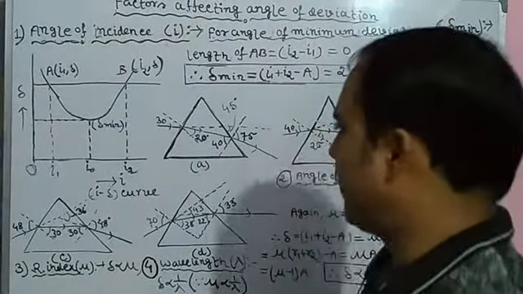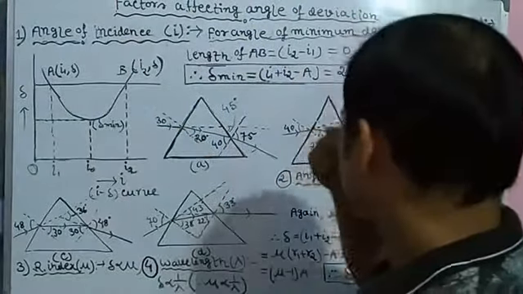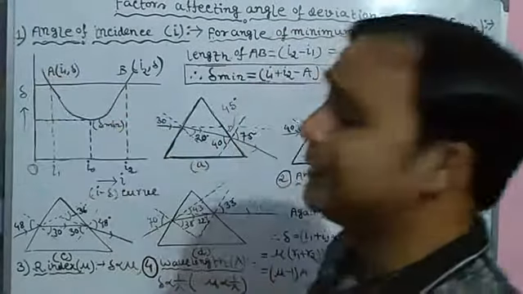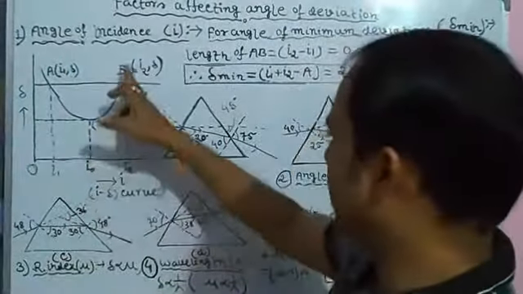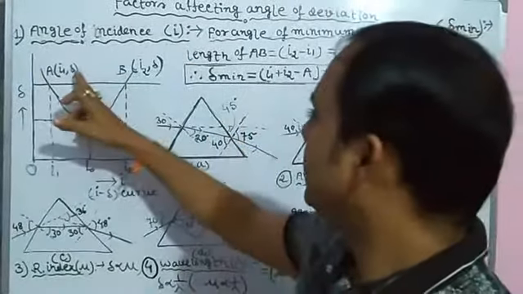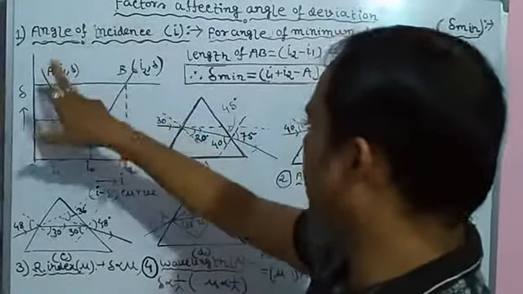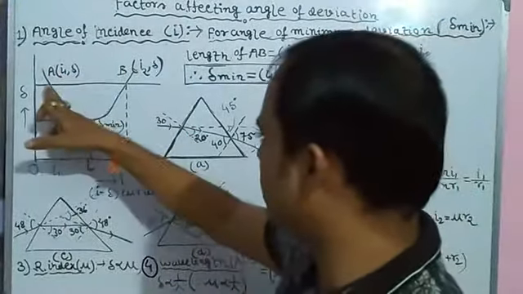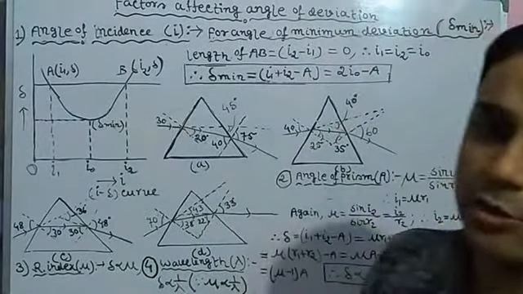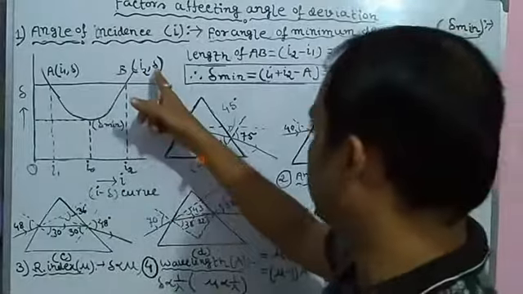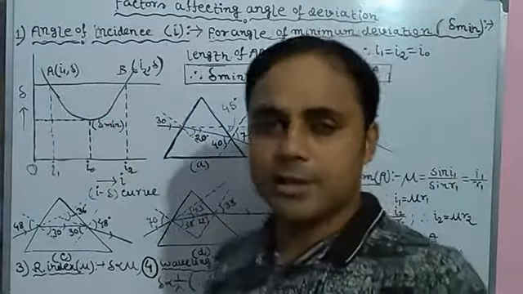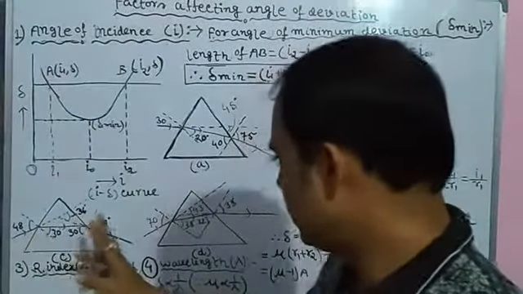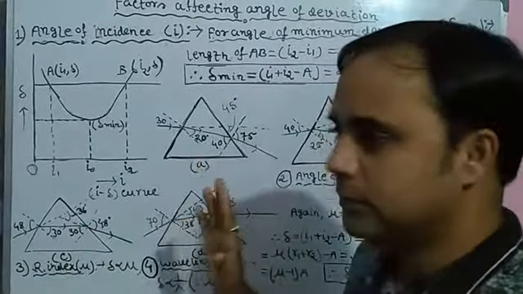From the graph, as you can see, this is AB, this is the length of AB, where the coordinates of point A are I1, delta, whereas B is I2, delta. It means that the deviation is the same for two angles, I1 and I2. When the angle of incidence is I1, the deviation is delta, and when the angle of incidence or angle of emergence is I2, again it is delta. This is the angle of incidence at the first surface, and this is the angle of emergence at the second surface.